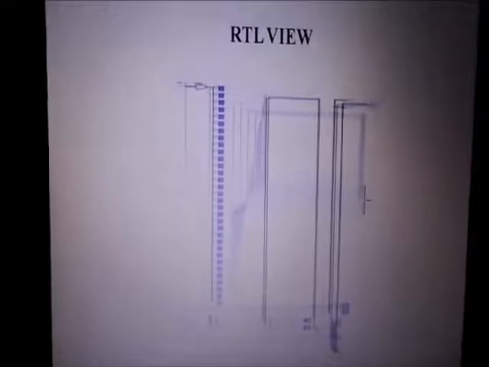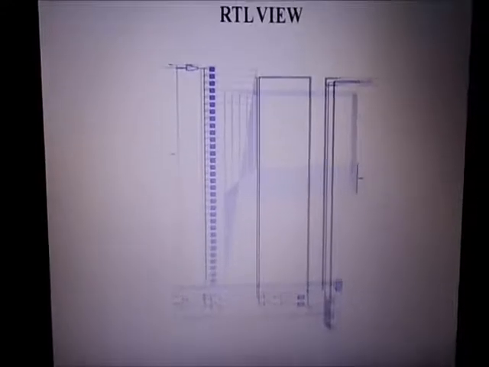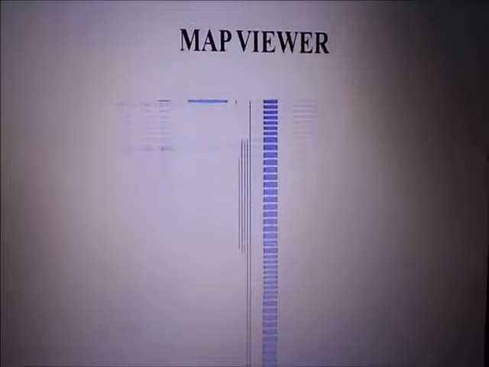Then we obtain the maximum frequency of one of the concepts. We have taken the domino logic concept in this. For this, the maximum frequency we can use is 66.76 megahertz. This is the RTL view. The RTL view is used to describe the code as hardware blocks. This is the map viewer, where we can locate the exact map and map to the exact place where the source and inputs can be used.